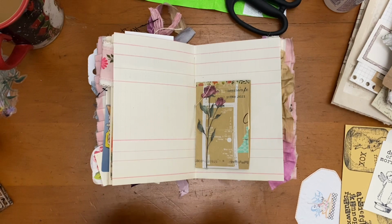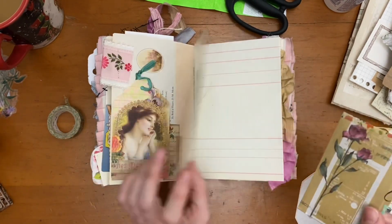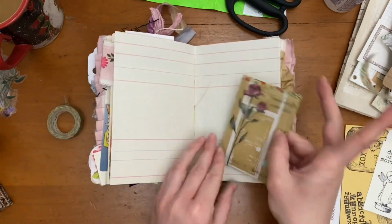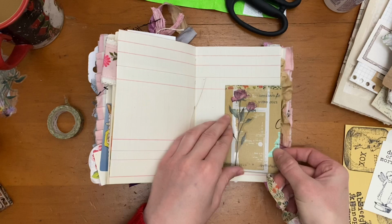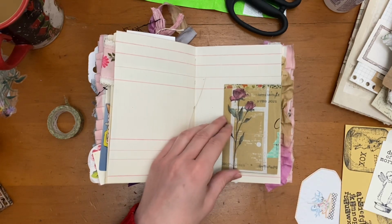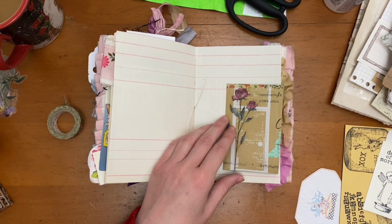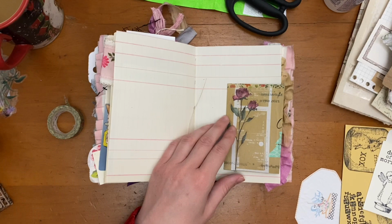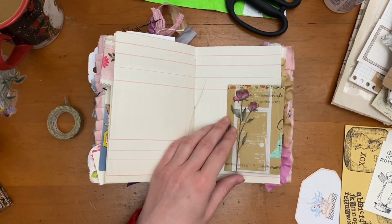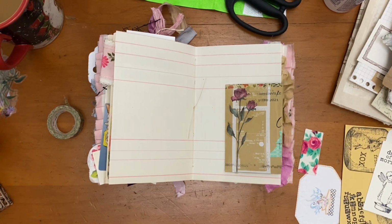So now I know that I want to attach the half envelope to my page as a tip-in, and I'm just deciding what kind of washi tape I want to use for that. And like here you'll see I'm using the same washi tape that I used to close the envelope, but I did think that because of the weight of the tip-in, it's just a little bit too heavy for such a light washi tape, so I end up using a piece of washi,